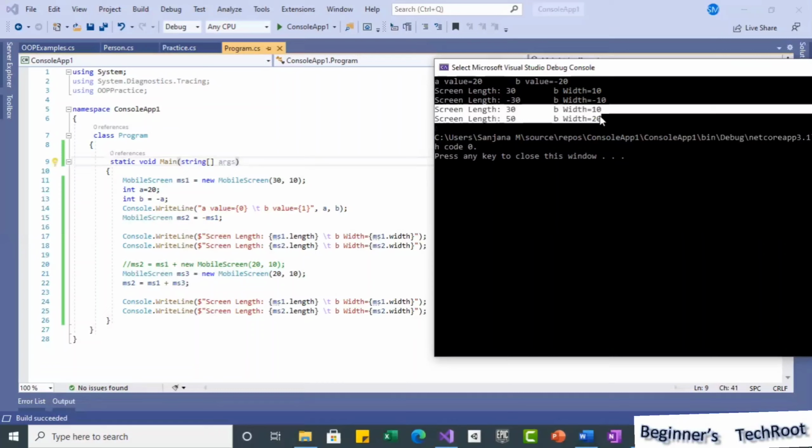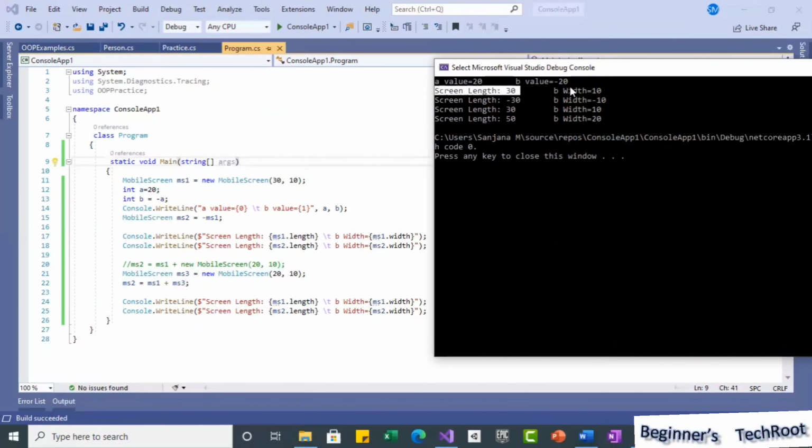See what we have done, the same ms1 values we printed, so length 30, this is the ms1 value, right? So the same it is printing, length 30 and width 10. Then the ms2 object values, this is the ms2 object values. But how we got 50 and 20, if you see,